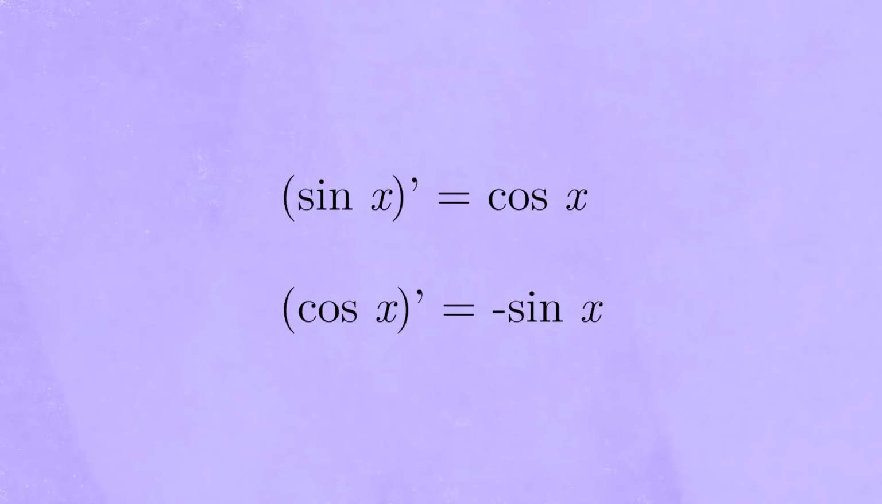We might hope the derivative of cosine is sine. This is almost true. It is in fact negative sine. Now we know the derivatives of sine and cosine, so we can find the derivatives of the other trig functions